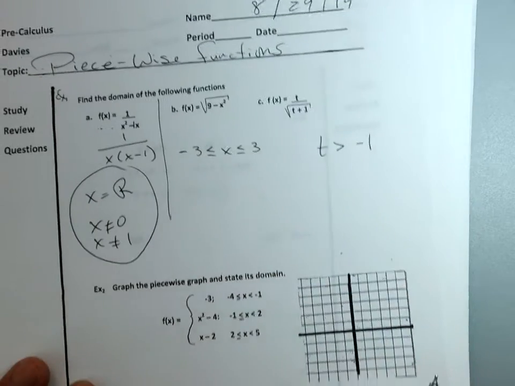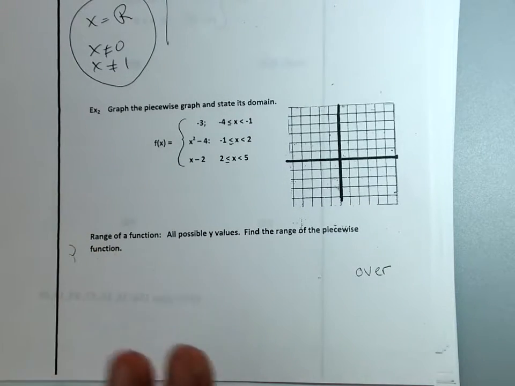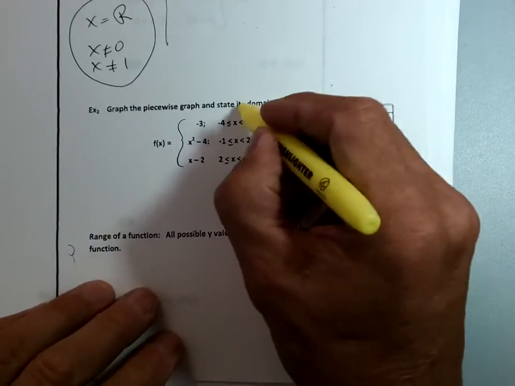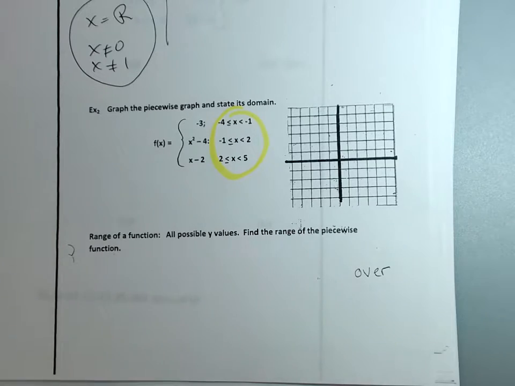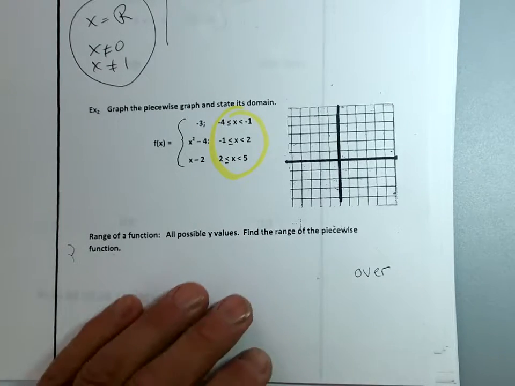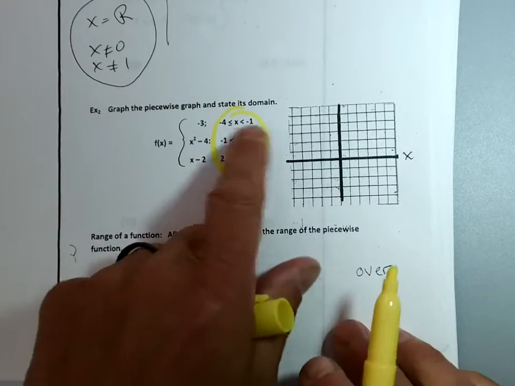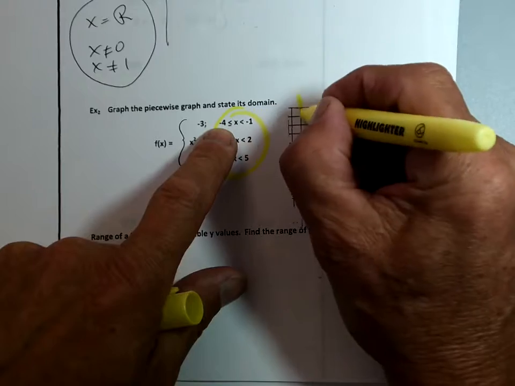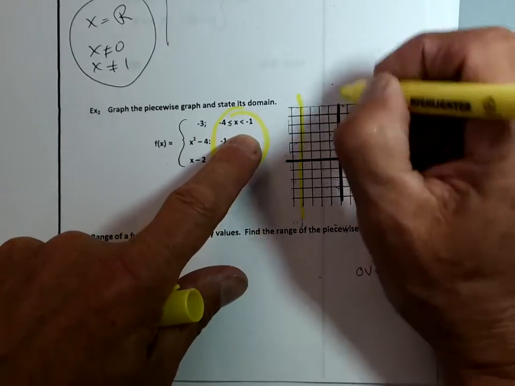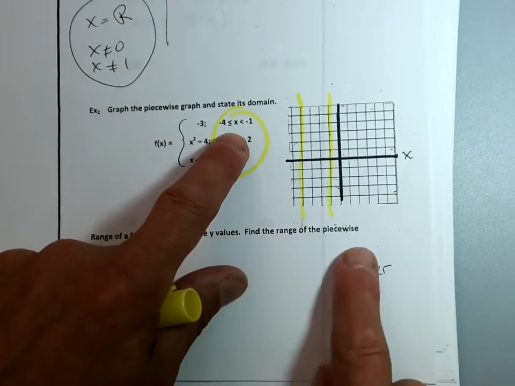All right, piecewise graph. Now, if you learned this from me last year, then hopefully this will be easy, okay? Here's how I do piecewise graphs. These are my borderlines. Do you remember that? So the first thing I do when I do a piecewise graph is this. X, right? This graph is between negative 4, 1, 2, 3, 4, and I just draw in my borderlines, okay? Negative 4 and negative 1. So I'm going to have a graph between here. So I like to put my borderlines in first.